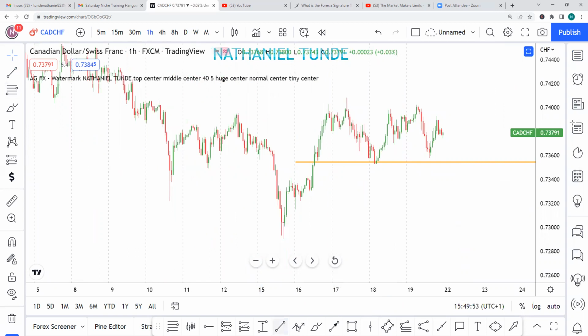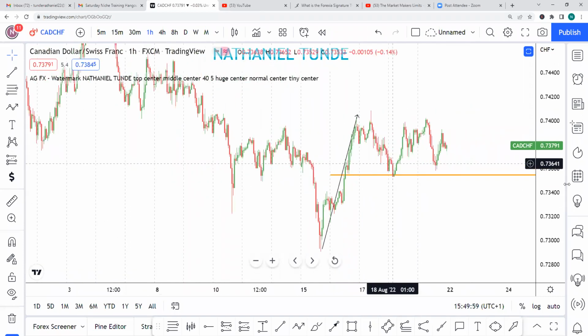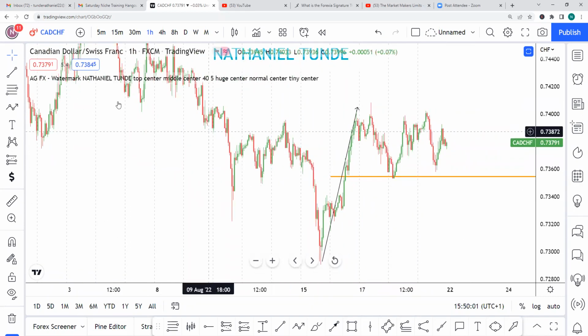Right here you have your impulse. Then somebody will ask me, what qualifies this to be an impulse? Because it broke a market structure. Yes, and you can see the wedge formation that I told you. It's a wedge formation,